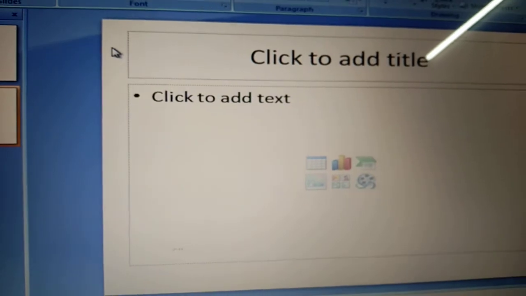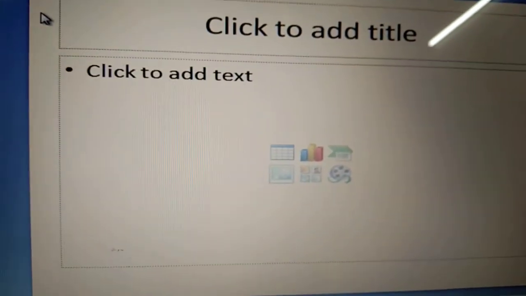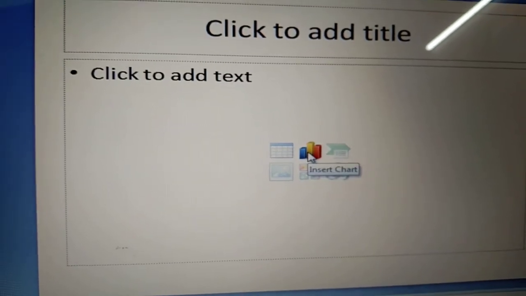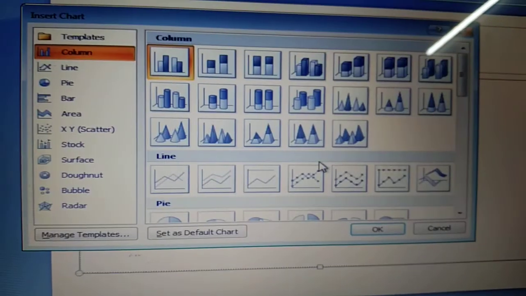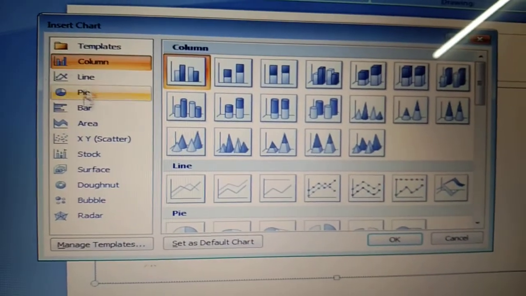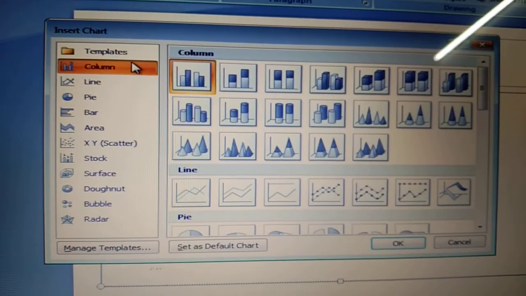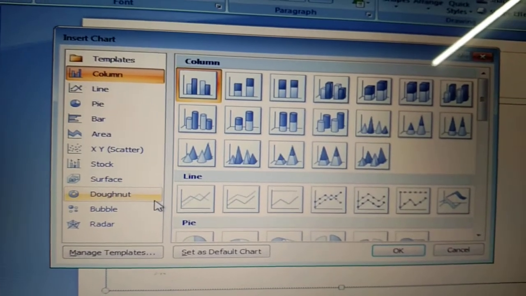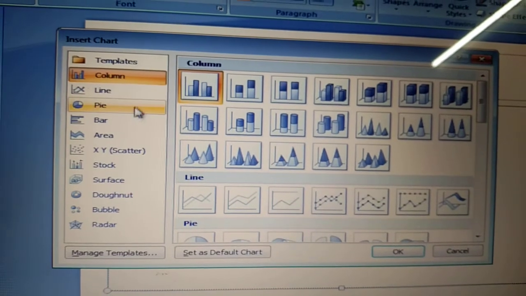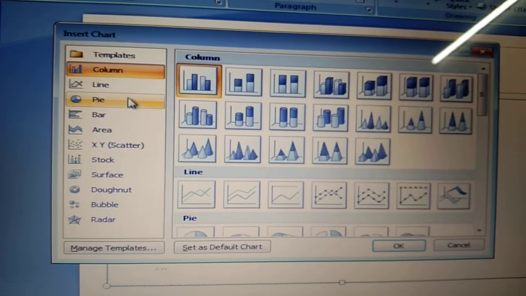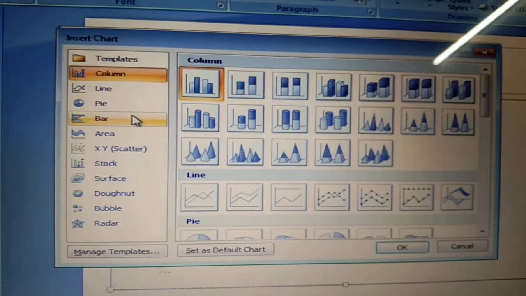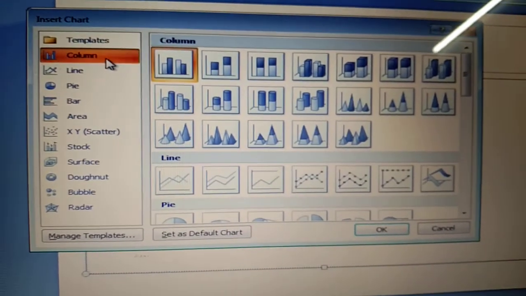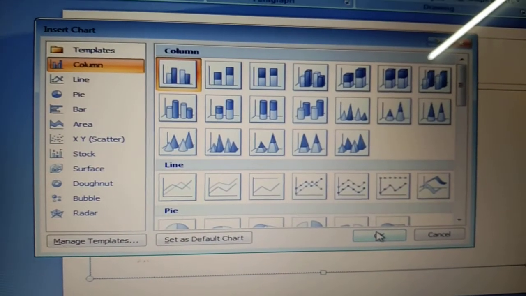Now, if I want to insert a chart, where do I have to click? These are the various options in the PPT. This is the option of insert chart. I have to click on this, and then various options appear which include different types of charts. So it is our own choice which type of chart we want. Like here, columns, line, pie chart, bar chart, etc. Here, I have to choose the column chart. I have to click on this column button and then OK.